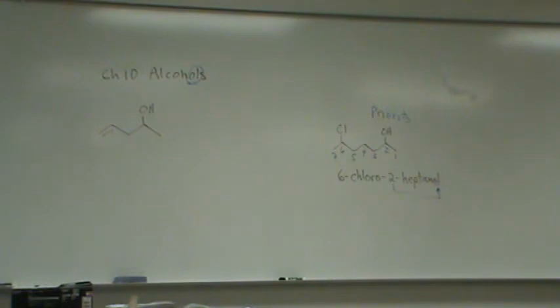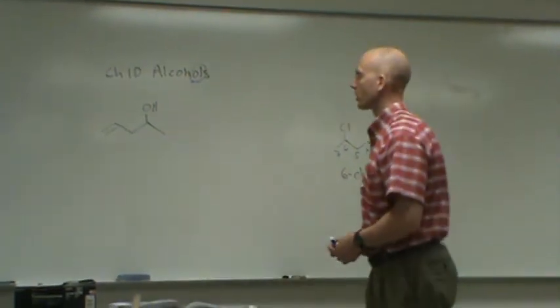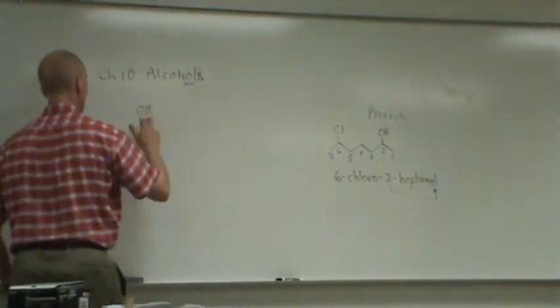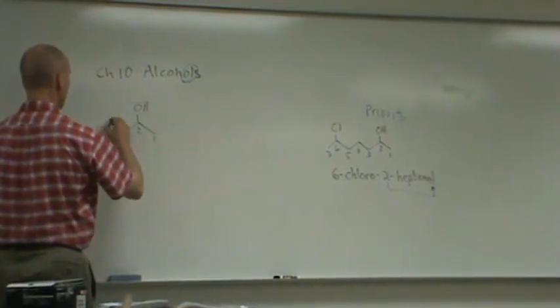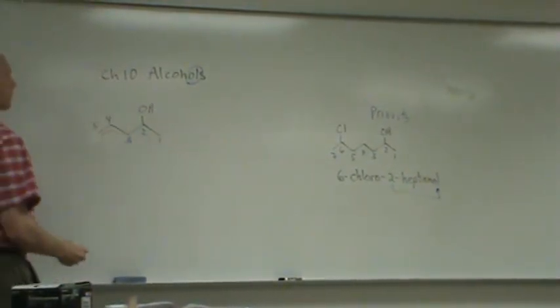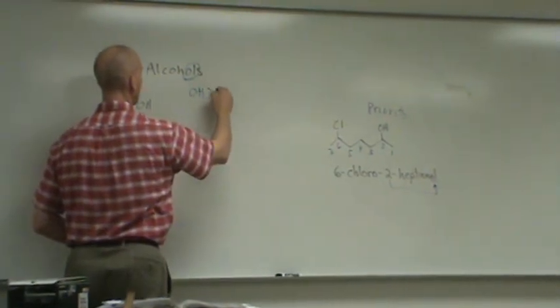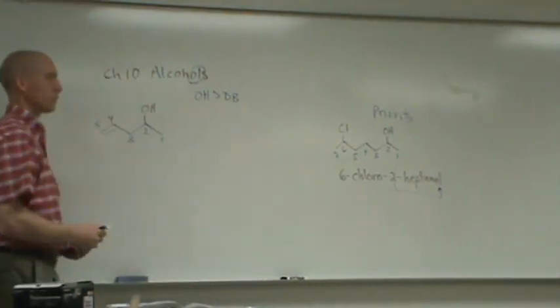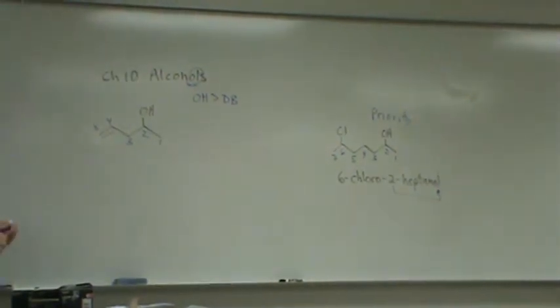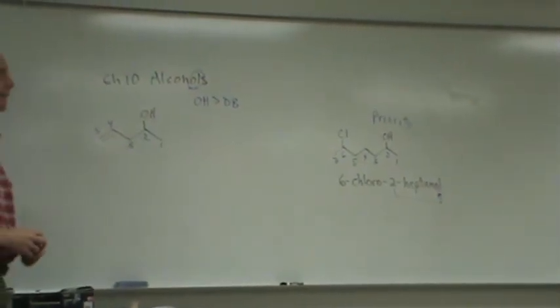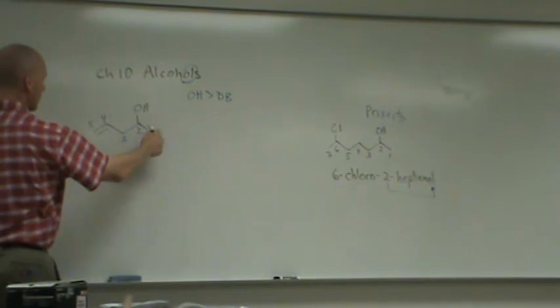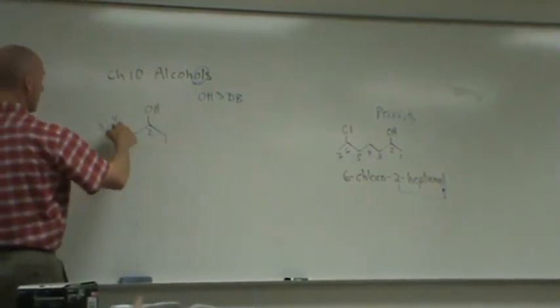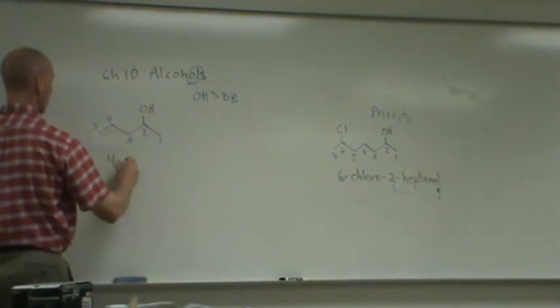So let me give you the answer. The OH. Okay. So alcohols carry very high priority. They beat the double bond. So the alcohol beats the double bond. Okay? So now, how are we going to name this thing? I'm going to name this as an alkene. Double bond begins on 4. So we have a 4